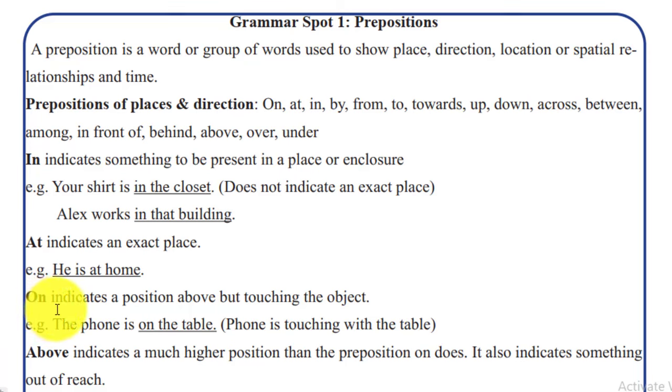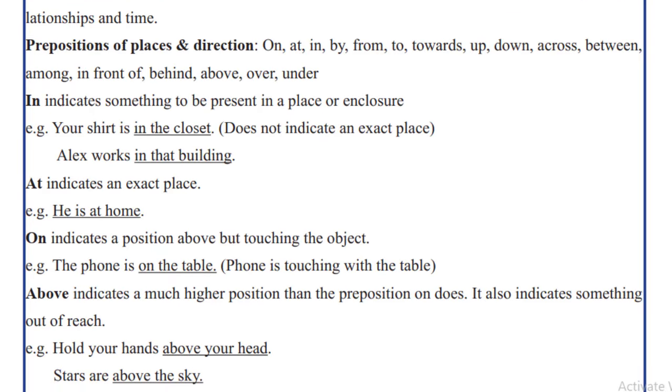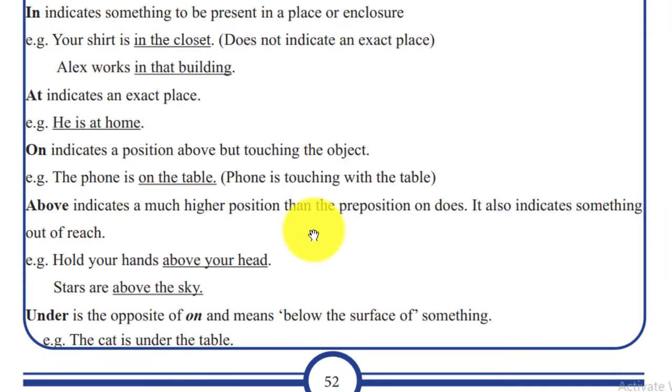How about on? ኦንስ ምን እንጠቀምበት? On indicates a position ነው ደግሞ ቦታን ለማሳየት ነው። Above ከላይ ያለን ቦታ ከላይ መሆንን, but touching the object ግን ከላይ ስንል ያን ከላይ የምንለውን, on the table ብንለው ጠረጴዛ ላይ ብለን ነክቶት ነው, by touching the object እቃውን ነክቶ ከላይ መሆንን ለማሳየት on እንጠቀማለን። ለምሳሌ the phone is on the table እንላለን። The phone is on the table ስልኩ ጠረጴዛ ላይ ነው ብል ቴብሉን ነክቶ ነው። Phone is touching the table ነክቶታል ማለት ነው ቴብሉን።